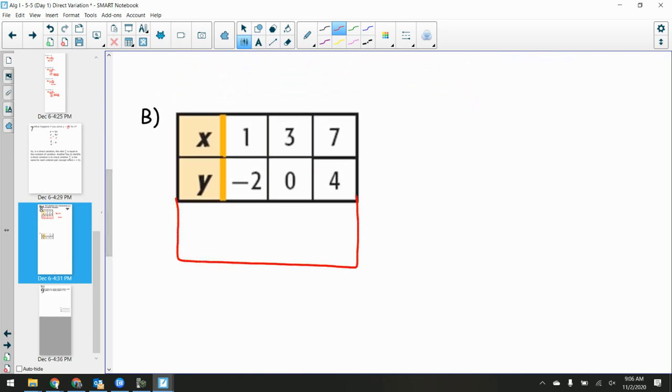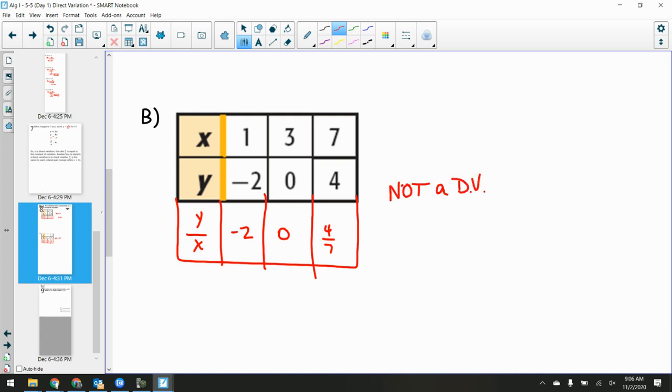Add on a row, see if this is direct variation. Let's take y over x for each one. What's negative 2 divided by 1? Negative 2. What's 0 divided by 3? What's 4 divided by 7? Ooh, 4. Is that a direct variation? No. This is not